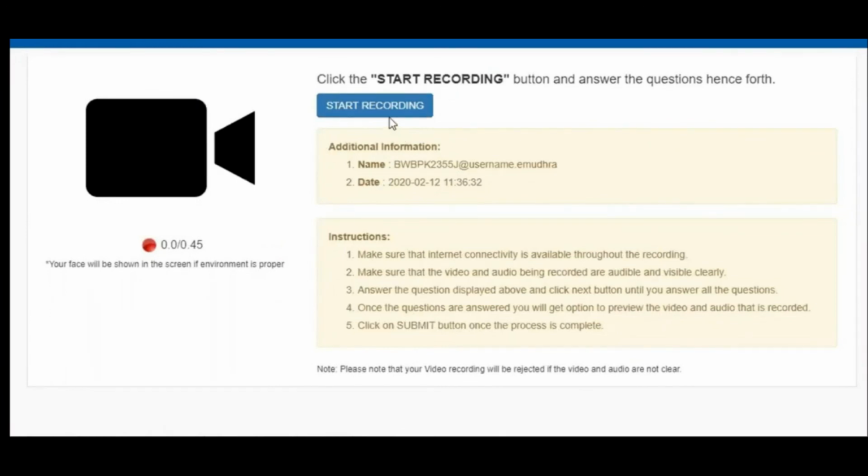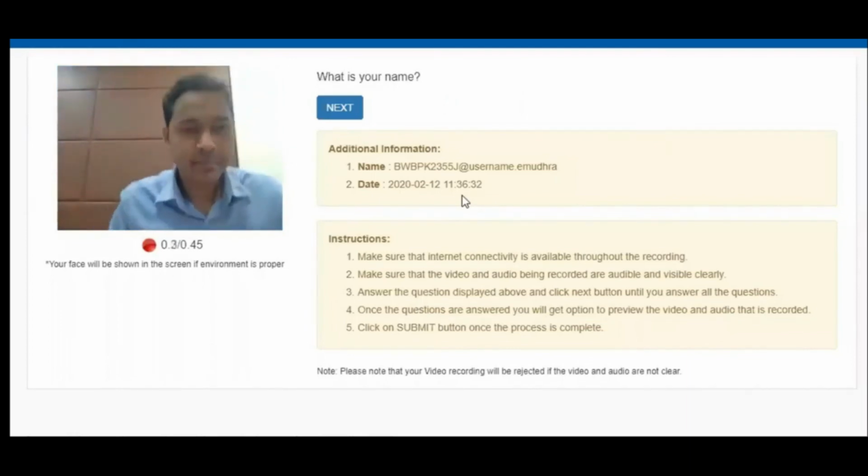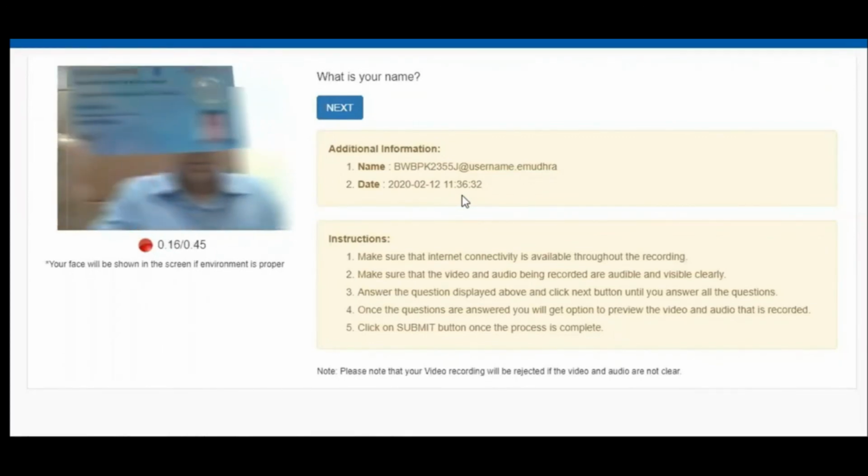Okay, so I'm just clicking on start recording. So you can see my face. You have to say, my name is Nagesh Eknath Kolvankar. My date of birth is 6 June 1987. This is my PAN card, clearly visible.